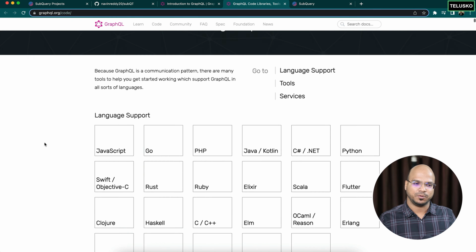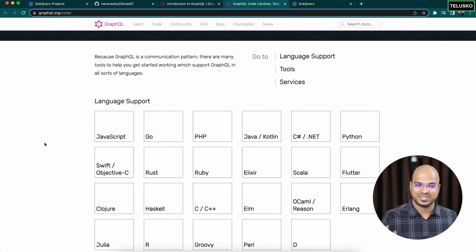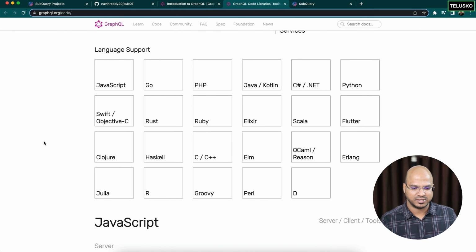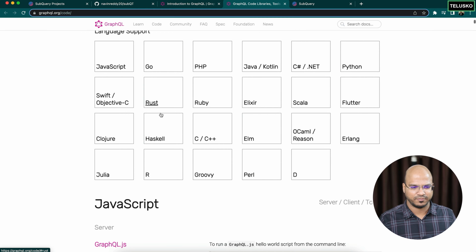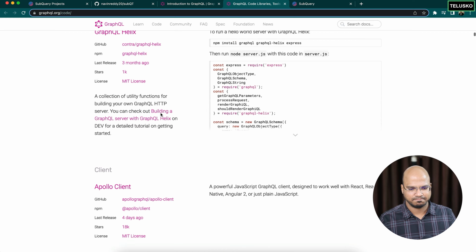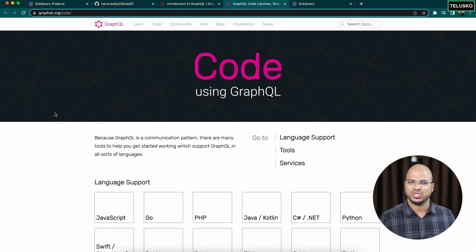Now, how many languages does it support? You can go to graphql.org/code, and these are the languages it supports now. And it supports Java, I'm happy with that. And we got JavaScript, PHP, Go. In fact, major languages have been supported, right? And there are steps here to access it. So yeah, this is about publishing and GraphQL.